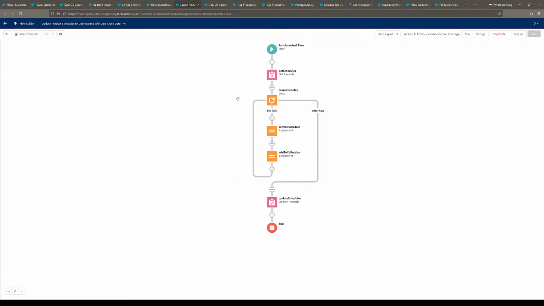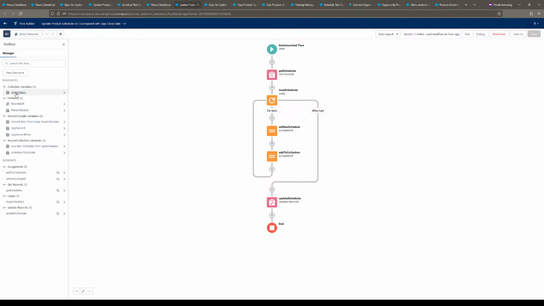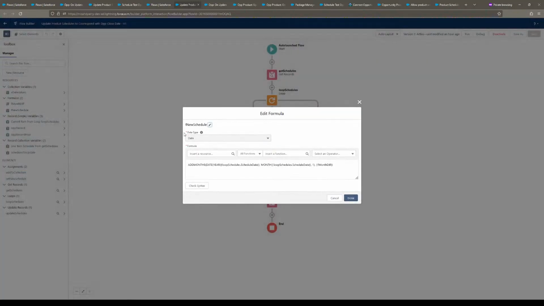But if it can churn through all the schedules that you have, if you just have a few products and a few schedules on each product, this is going to do just fine. It'll set those new dates and then update them. So if we pull that open right here, new schedule, it's just doing an add month's date value,